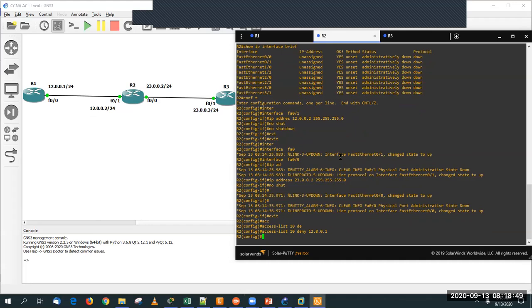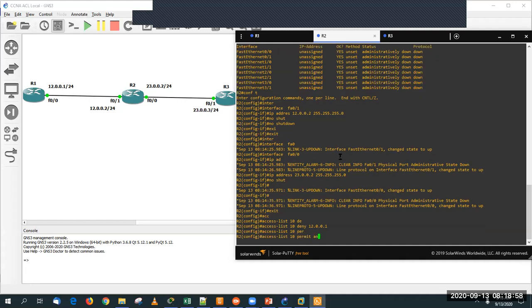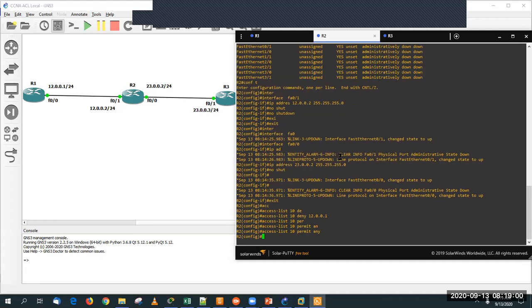Now I have to explicitly allow other packets also, like explicitly give a permit statement. When you write an ACL, for example you're writing 10 lines denying and permitting a lot of IPs, at last, if you don't permit everything else, by default there is a rule called implicit deny, which says that by default you reject all the packets. So if I don't explicitly permit other packets, everything else will be dropped by default. And that's not a good thing. That's why I'm writing permit any.